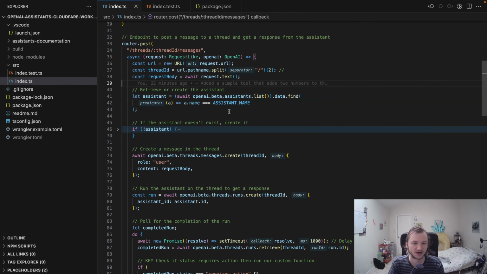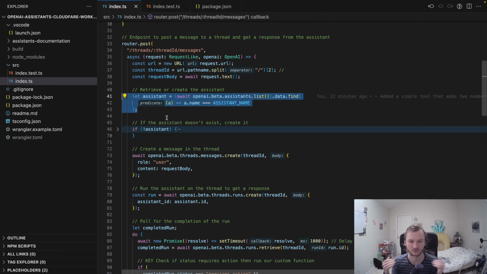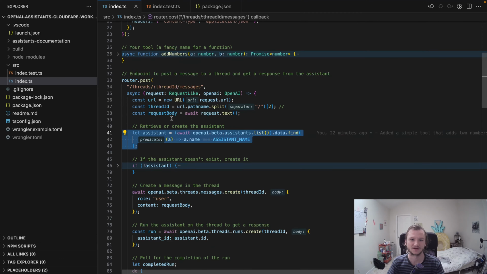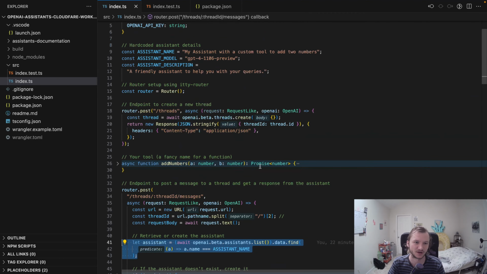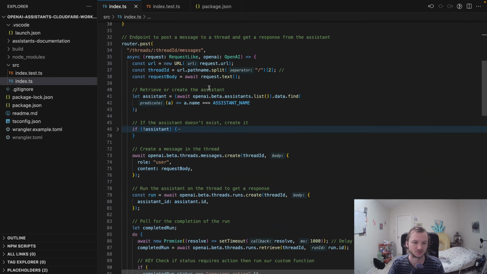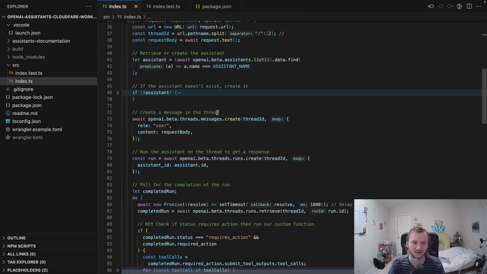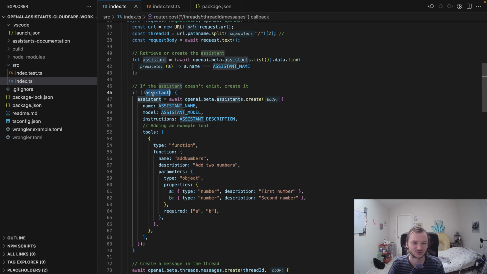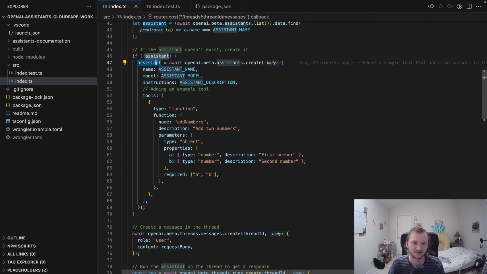Okay, so the first thing is we list all the assistants we have in our account, and we check if we find an assistant that has the name. If there's already an assistant that was created by one of the previous runs with these configurations, it will just reuse that assistant. Again, not super robust, but whatever. This is a starter project, right? That's the point. So if there's no assistant, we create an assistant, and we pass it